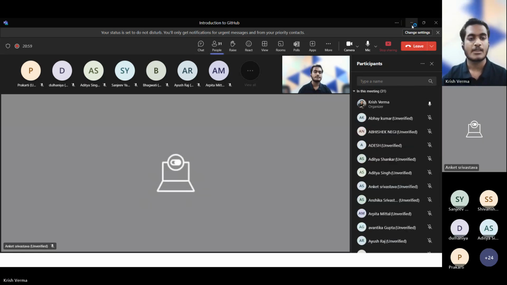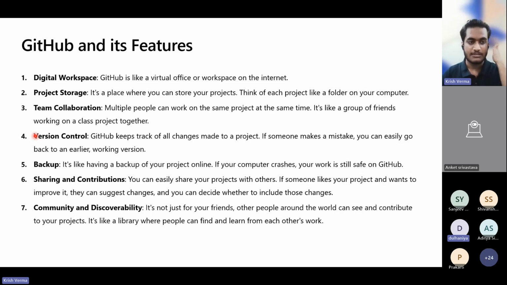Okay, so I was discussing version control. What do I mean by version control? There are these three terms like git commit, git push, and